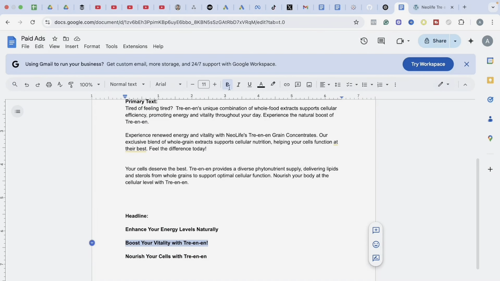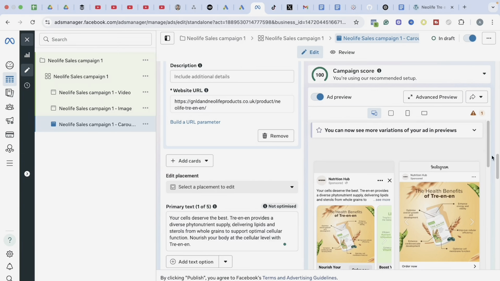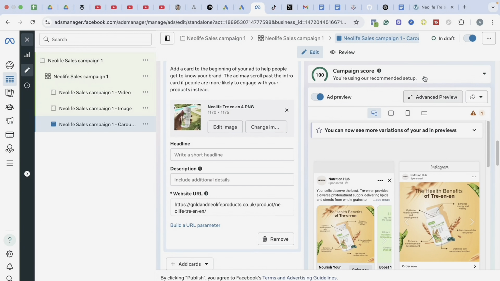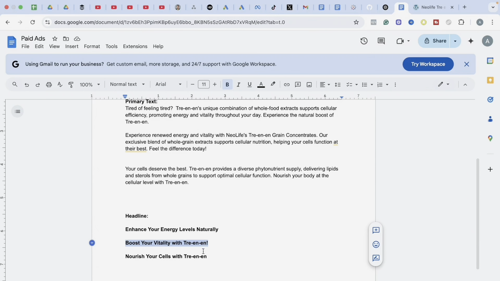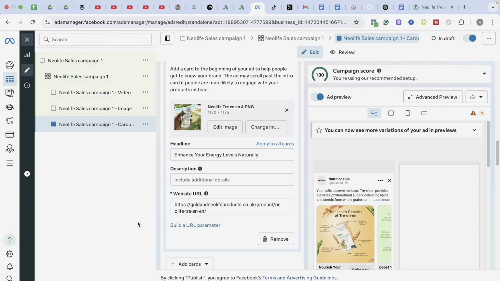Once I copy another headline, I'll come to this place and paste the headline here. Then go to the third card and paste the third headline there. Once you do this, you are good to go with your ad. You are good to go to launch your ad and test your ad.